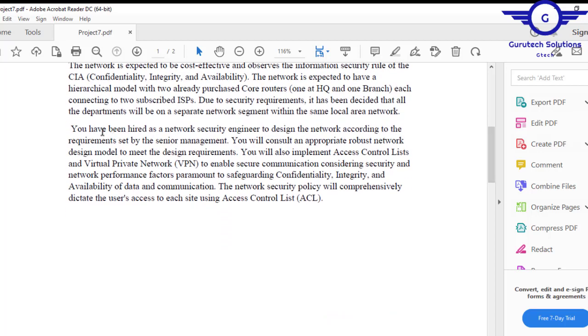Okay, you have been hired as a network security engineer to design the network according to the requirements set by the senior management. You will consult an appropriate robust network design model to meet the design requirements. You will also implement access control lists and virtual private network to enable secure communication,